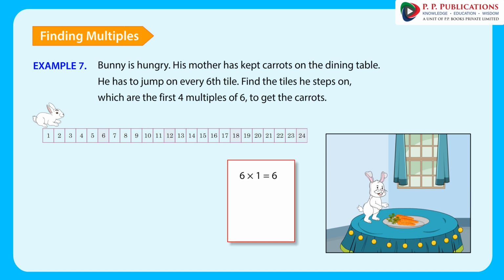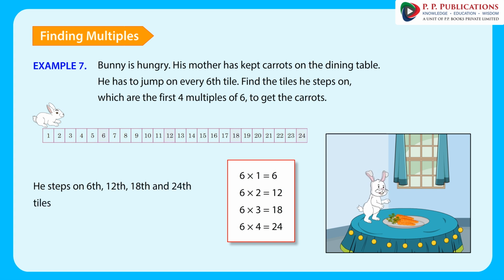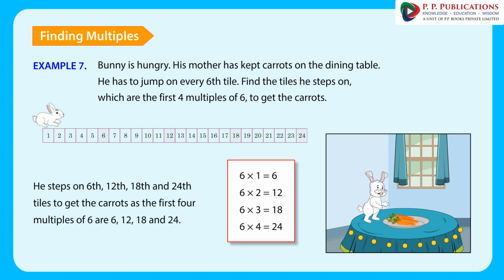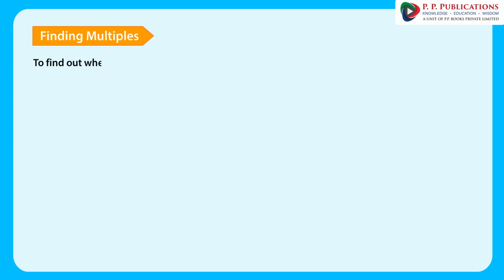6 multiplied by 1 equals 6. 6 multiplied by 2 equals 12. 6 multiplied by 3 equals 18. 6 multiplied by 4 equals 24. He steps on 6th, 12th, 18th and 24th tile to get the carrots, as the first 4 multiples of 6 are 6, 12, 18 and 24. To find out whether one number is a multiple of another,